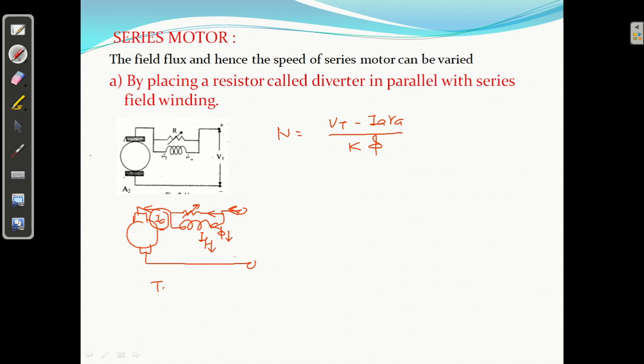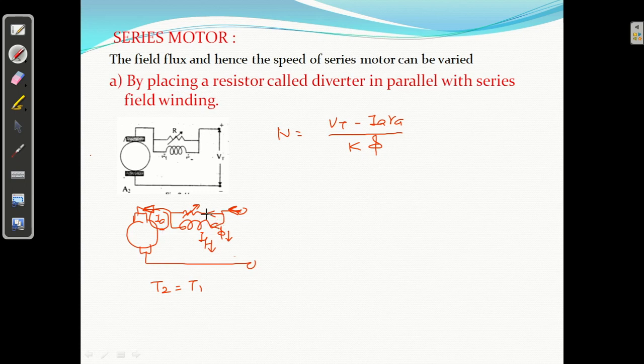Torque T2 equals T1, it will be the same. Torque will not be changed. Only Ia you are not changing, because whatever the load is, Ia will be fixed. Now what is happening? As soon as you put a field resistance here, the motor will take some current Ia, say Ia1 or Ia2, whatever it is.